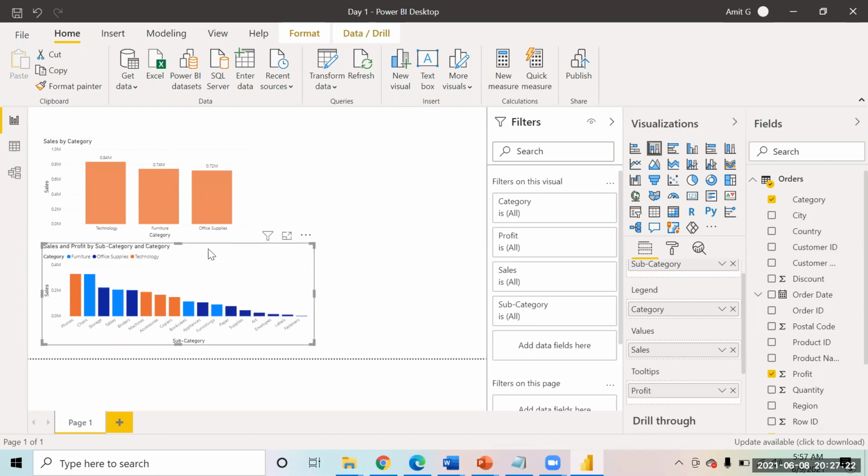Okay. So now I can see the profit while I hover on this chart.